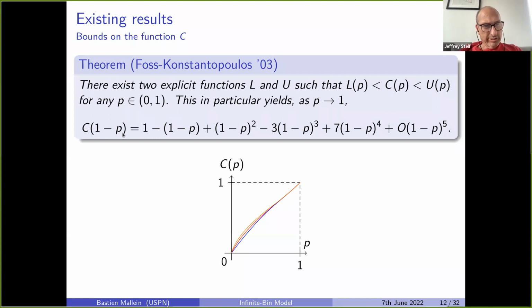But then it's strange, because you're talking about what happens when p is close to 1, but in your picture you have the upper and lower bound near 0. No, you have them near 1, right? Near 1, the three curves are so close that they are all together. The C of p curve is in red, the lower bound is in blue, and the upper bound is in yellow, but they are so close around p equal 1 that they are all drawn atop one another. I would have to zoom in quite a lot to see the difference between the three. Okay, thank you. You're welcome.